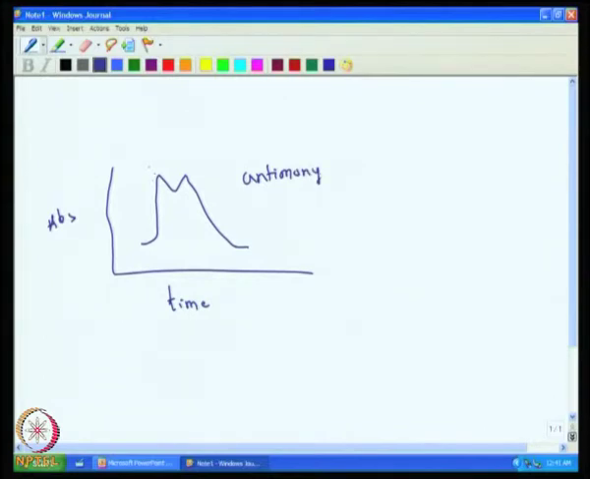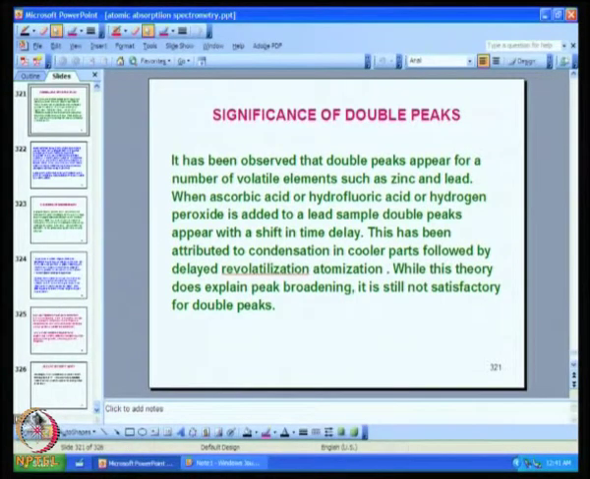Here this one would be for antimony 3 and this one would be for antimony 5. Even though they are separate, these are combined, still you will be able to see that they form double peaks like this, and one should not confuse these things with a simple atomic absorption curve. So,